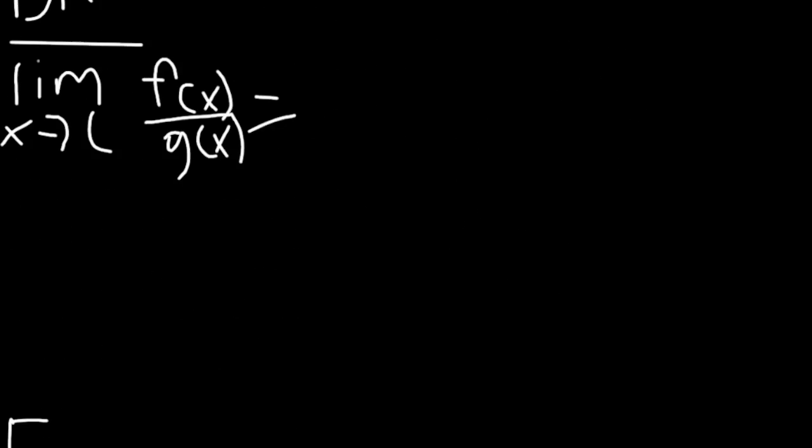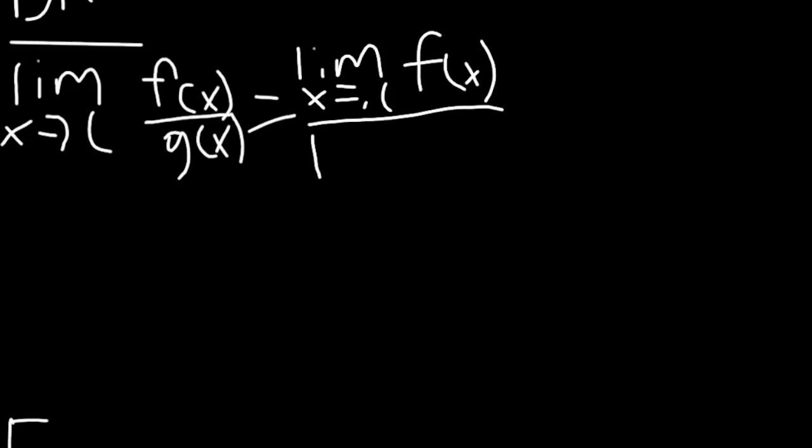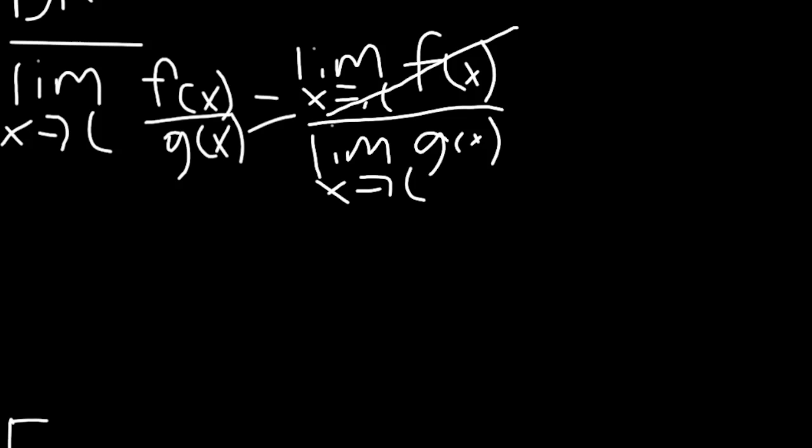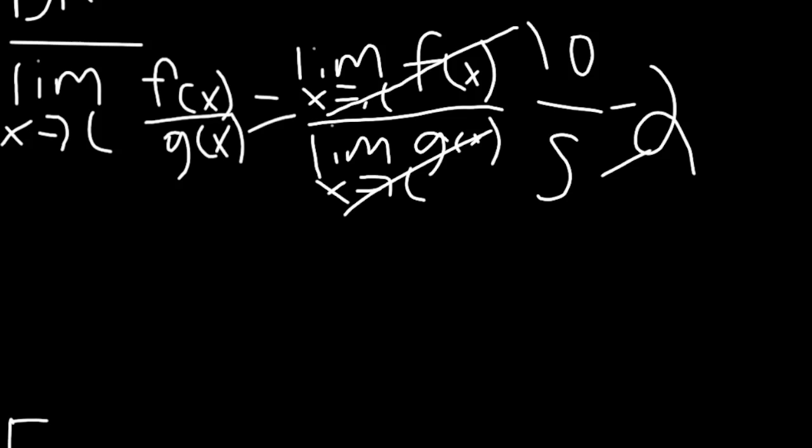Division, we have the limit as x approaches c of f of x divided by g of x. So once again, you find the individual limits, and then you do the operation or the property it's asking for. You find the limit of f of x, and then you just divide that by the limit of g of x. So yeah, pretty easy. Let's just say this evaluates to 10, this evaluates to 5, the answer is 2. As long as those initial limits exist, you can just do that. If they don't,